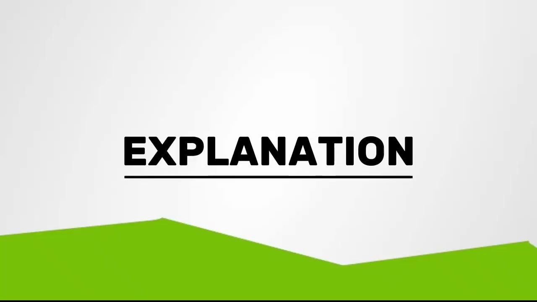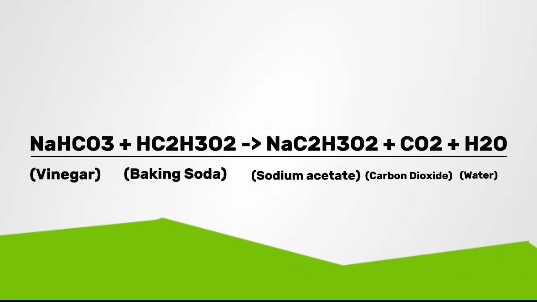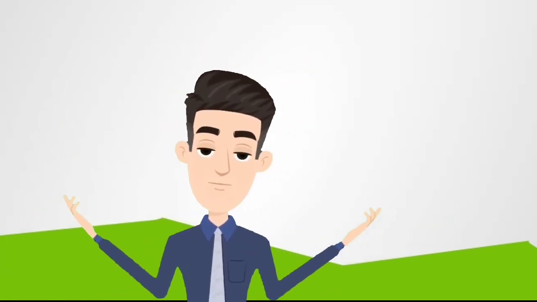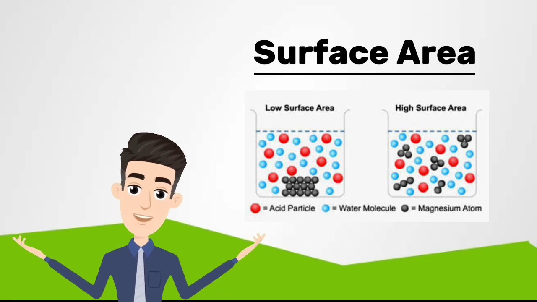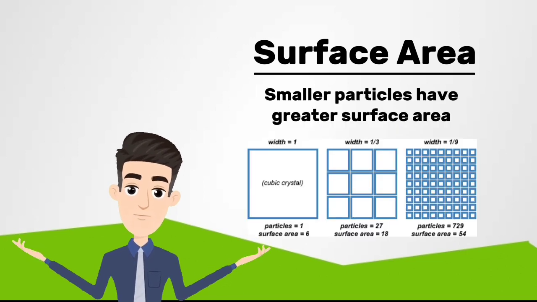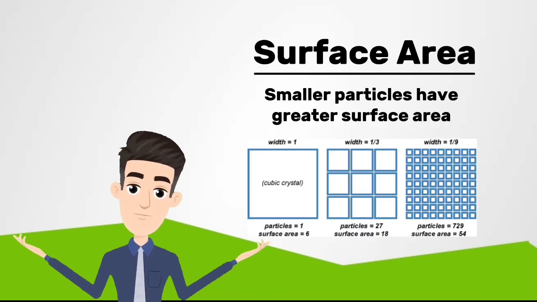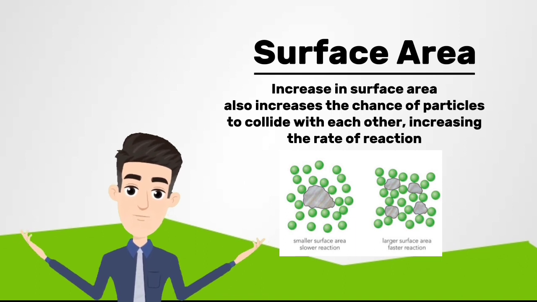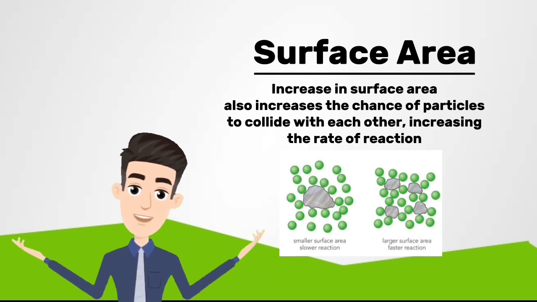Here are the observation and explanation for the experiment. Acetic acid reacts with sodium bicarbonate to produce sodium acetate with excess water and carbon dioxide. The factor that affected the rate of chemical reaction in our experiment was the surface area of the reactants. The smaller the size of the reactant, the greater surface area it creates. The increase in surface area gives a greater chance for particles to collide and react with each other, thus speeding